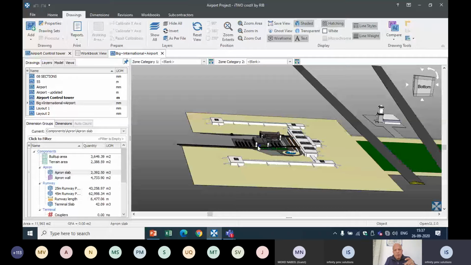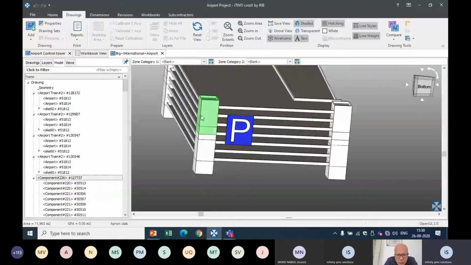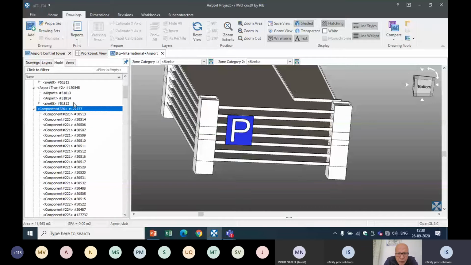Now this is a complete BIM model. I can view it easily by filtering, and see it component-wise. You can see the information, easily measure your quantities from the model, extract your quantities automatically, and prepare templates of your models here in Costex using a model map.